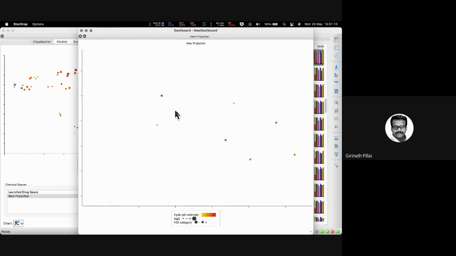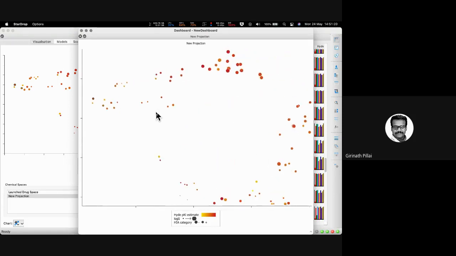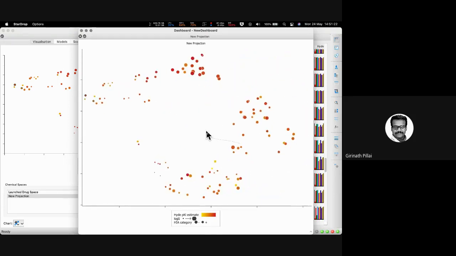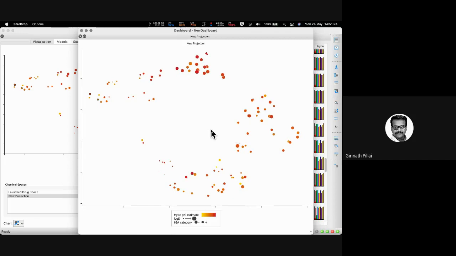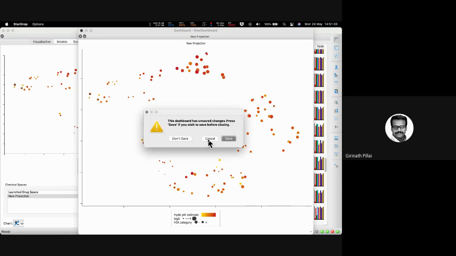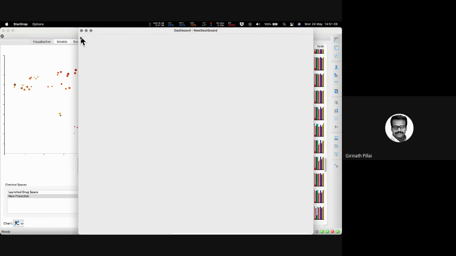These two structures have human intestinal absorption negative, because you can see there is a black border. The others don't have it. So this kind of information can be extracted from the chemical space. Chemical space really helps you do hit triaging and chemotype analysis, to understand which scaffold you have to start working on, right? So that is possible with the chemical space.